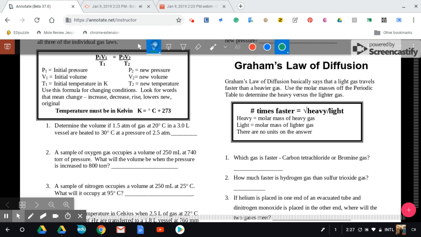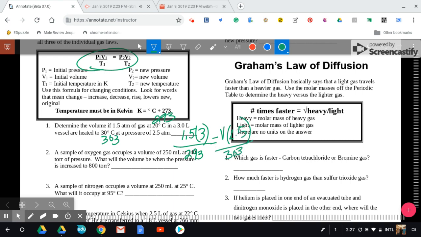is going to give you 293. And then 273 plus 30 is going to give you 303. All right, so now sub in. Here's your formula for the combined gas law. Your P1 is 1.5. Your V1 is 3. And it's divided by 293. And that equals, we don't know our volume, but we know that the pressure is 2.5 and that it was